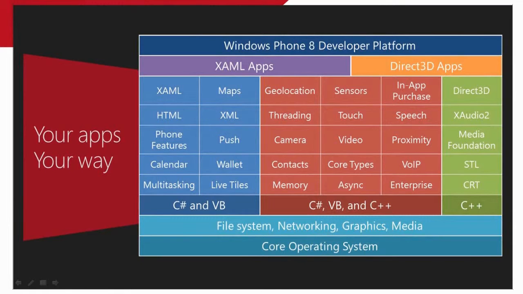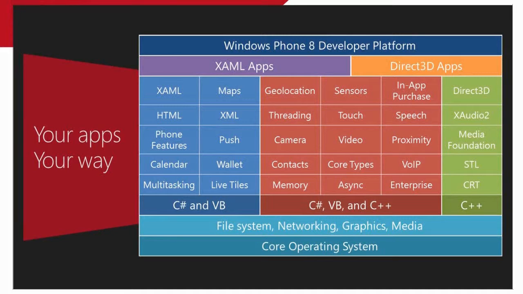This slide gives you a high-level overview of all the APIs available and what you can do with the Windows 8 developer platform. On the left, you have your .NET APIs that you can target using C# and VB, and you can do things like the calendar, wallet, and live tiles. In the middle, you have your Windows Phone Runtime APIs, which allow you to access things like geolocation, sensors, and touch. And then you've got your low-level APIs that you can target with C++, your Direct3D, your low-level graphics